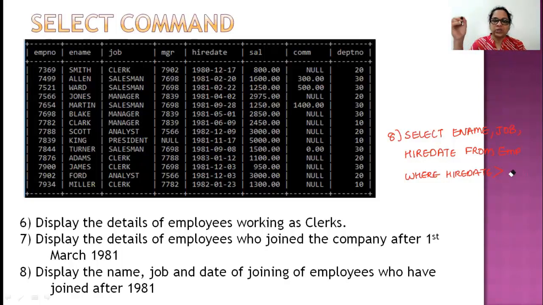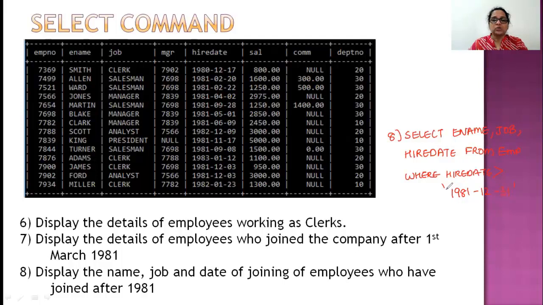Do you agree with me that when I mean after 1981, it means after the last date in 1981? And what is the last date in 1981? It's going to be 1981-12-31, correct? After 31st December 1981 would mean 1982, 83, 84 or whatever. So remember, don't just take the question as it is. You cannot write greater than 1981 because hire date does not just store year. It stores an entire date in a particular format. So in your command also, the format has to be satisfied.